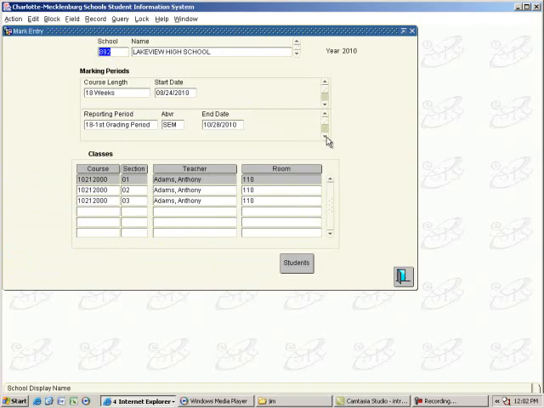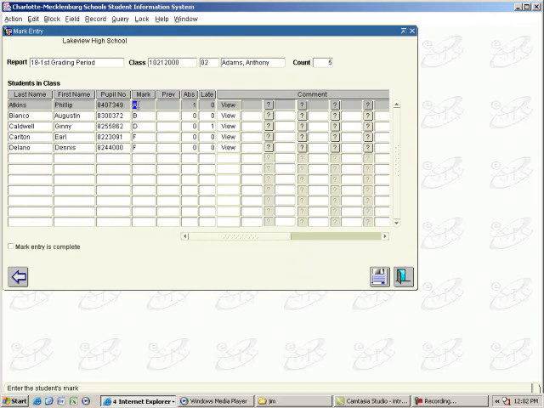But if you notice here, you can change to the exam for first grading period and the average. So you can do all three mark entries in one location. So I'm coming back to first grading period. I'm going to go to the particular class we want. And you notice our grades are there, but this mark entry complete check mark is not there. So I'm going to do that,